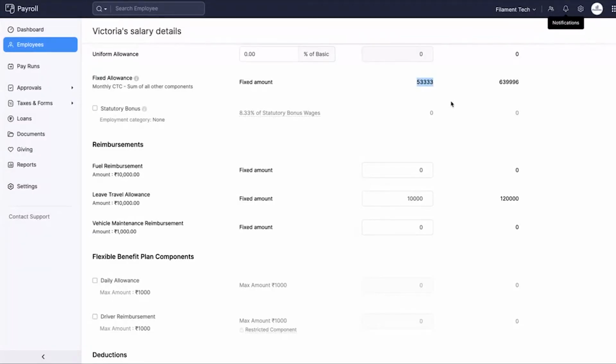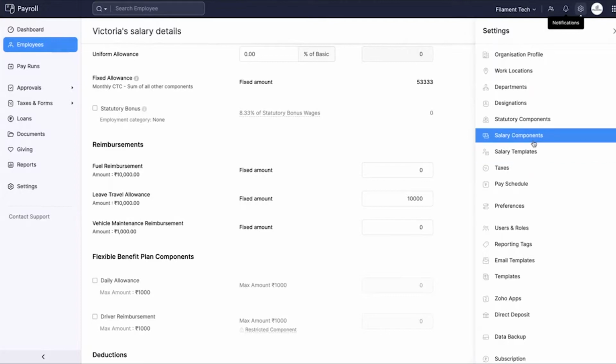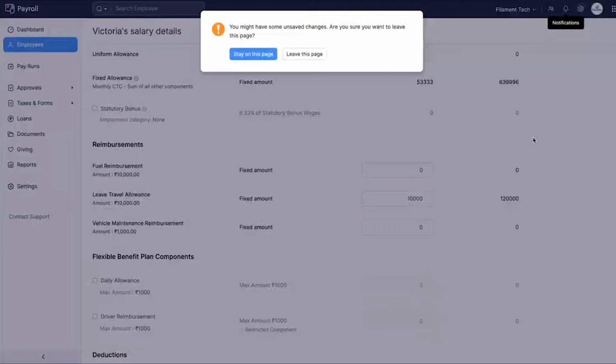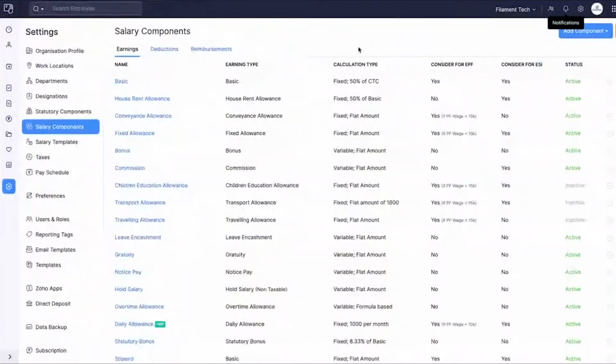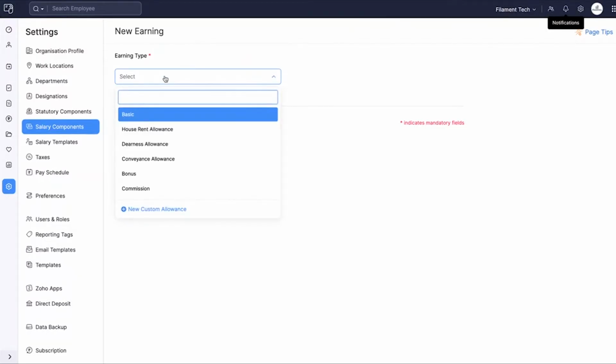Let's see how you can introduce an allowance component in your payroll organization. To do this, you'll have to go down to the settings option, go down to salary components, and in this case, you will have to click on add component and select earning. Once you're on this page, you will get the drop down option to add any additional earning components to your organization. Here, I'm going to add